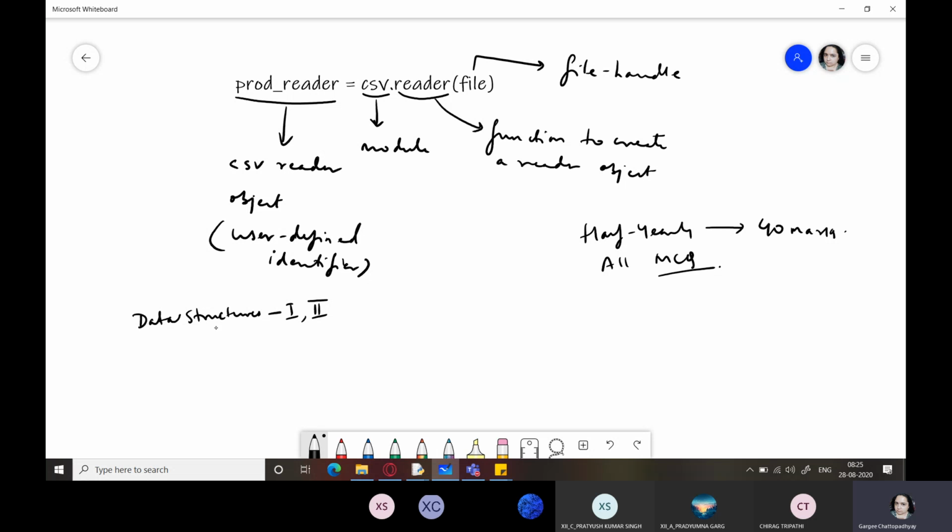So I'll just give you a rough sketch right now. Data structures 1 and 2. Then we had done SQL, more on SQL. Then Python connectivity, Python interface with MySQL. Functions, yes, we had done functions, and we have done file handling also in great detail.